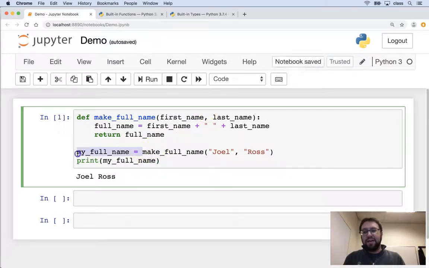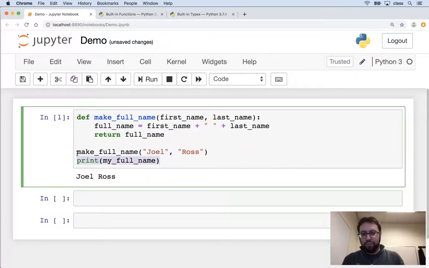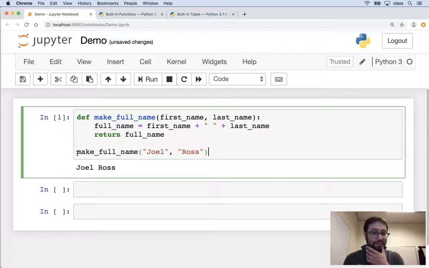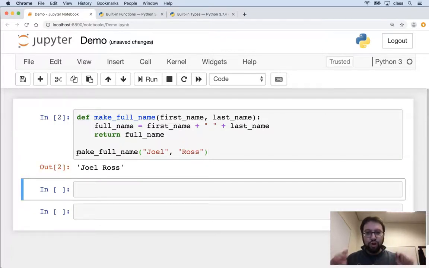So if I don't actually assign this to a variable, I'm just going to call make_full_name, you'll notice that Jupyter still outputs the content. It still outputs Joel Ross. However, I can't do anything with that Joel Ross. I can't, for example, count the length of it. I can't figure out how many letters are in my name